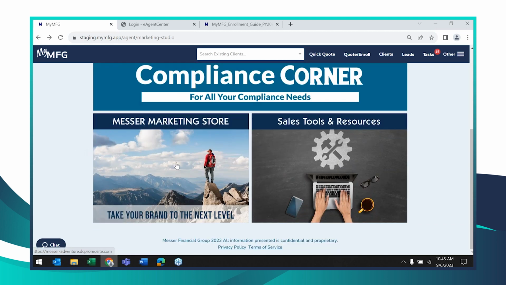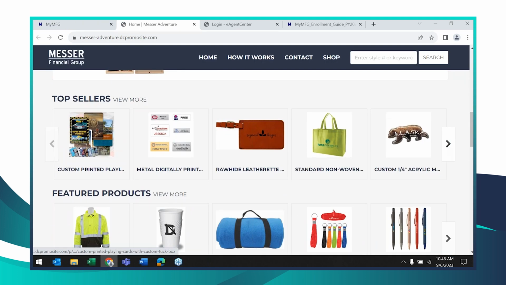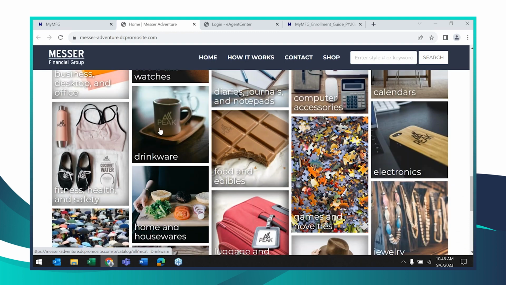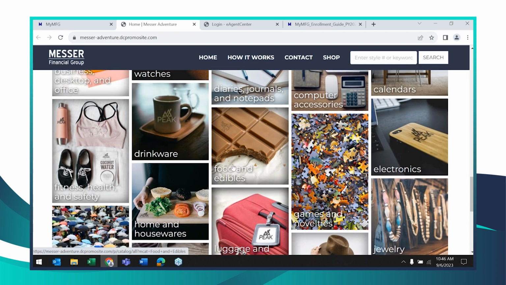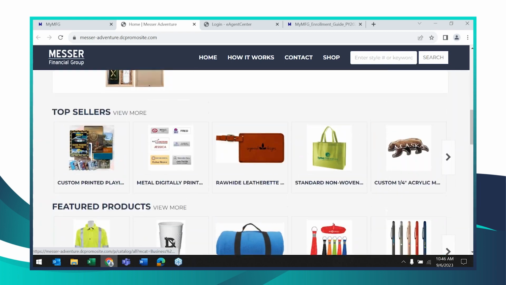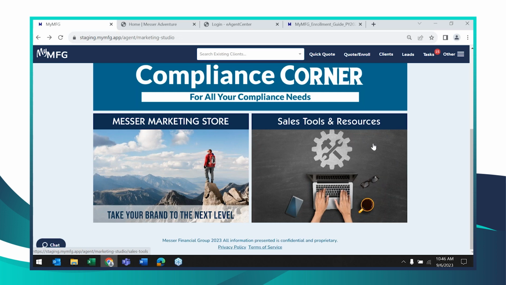We have our Messer marketing store here. This is where you can purchase what we'd like to call swag. Market yourself. I really like the mugs right here. I think that's pretty cool. And then don't sleep on our pens, because our pens are actually really, really nice. And you have your sales tools and resources. All right, and then going back to the other